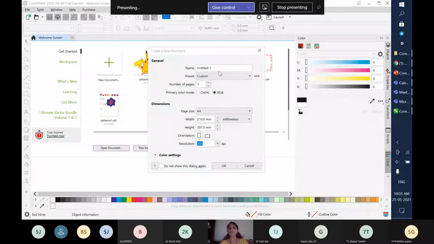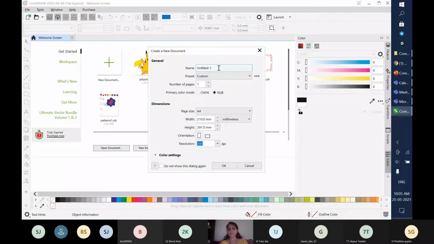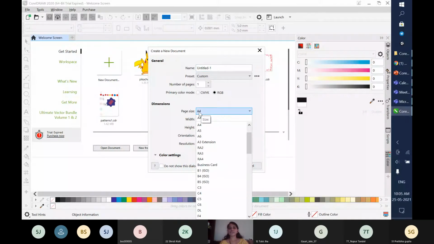In this page, you will be able to rename the file. By default, it is untitled, and here you are going to change it. Now, how many pages you want to create? What print color format mode you want, whether RGB or CMYK, that you are going to decide. Now, you all know that using Corel Draw, we can design a birthday card or any envelope kind of thing. So you will be able to see lots of page sizes are available like A4, A5. Here you will be able to see a business card.